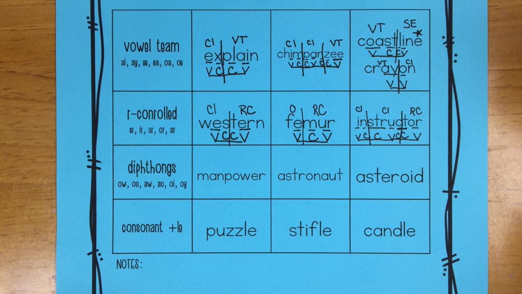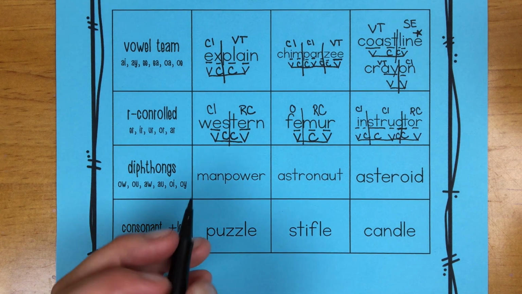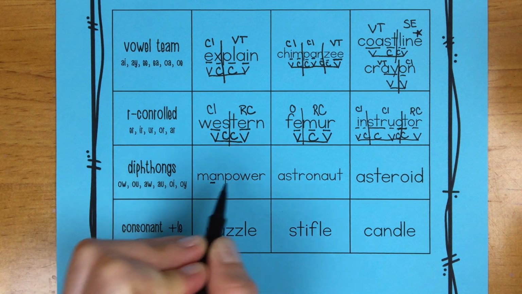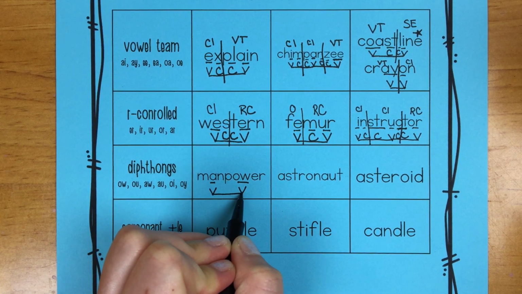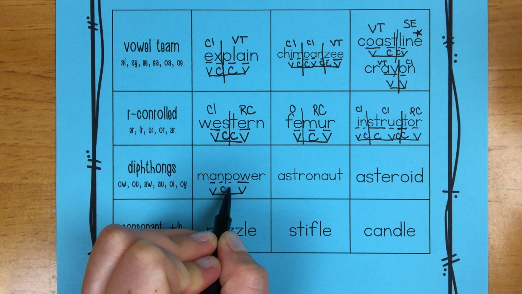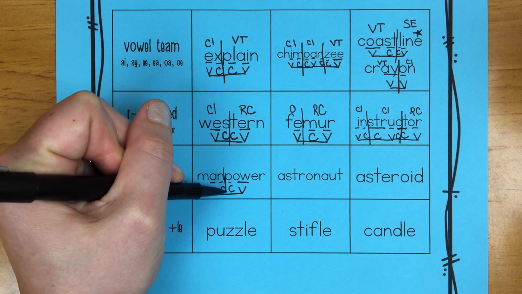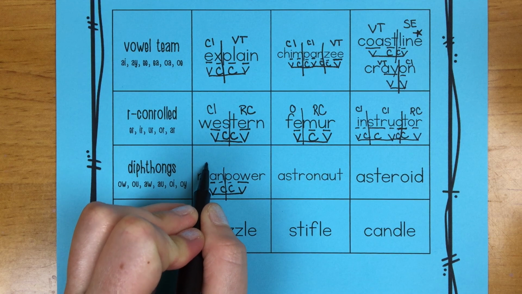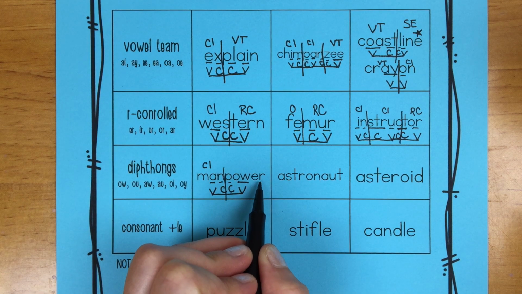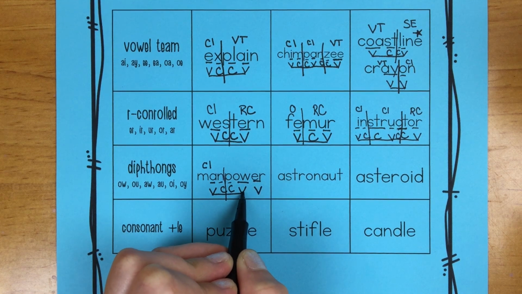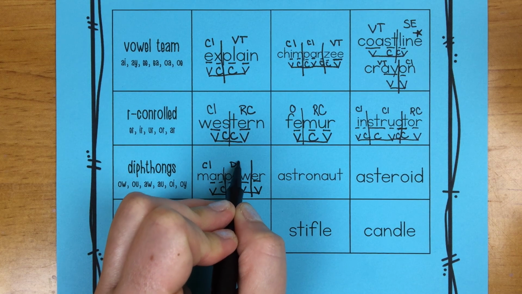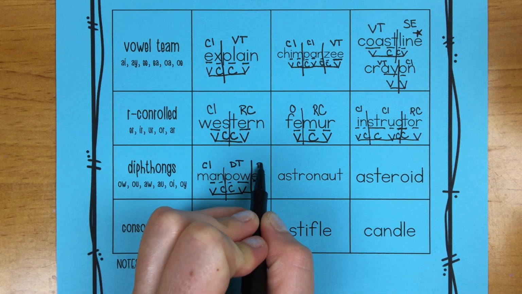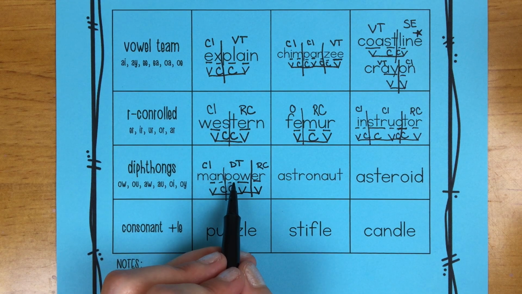The diphthongs are the last syllable type to follow this strategy. We're going to look for the first two vowel sounds and our consonant sounds. Divide between them. The syllable is closed. I also have another vowel sound here. With a vowel, I'm going to divide between it. This is a diphthong syllable, and this is an R-controlled syllable. Man, pow,